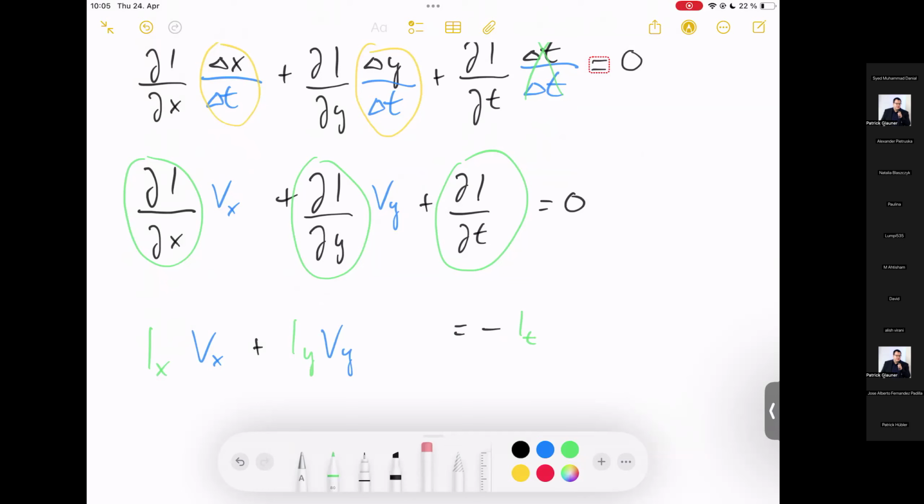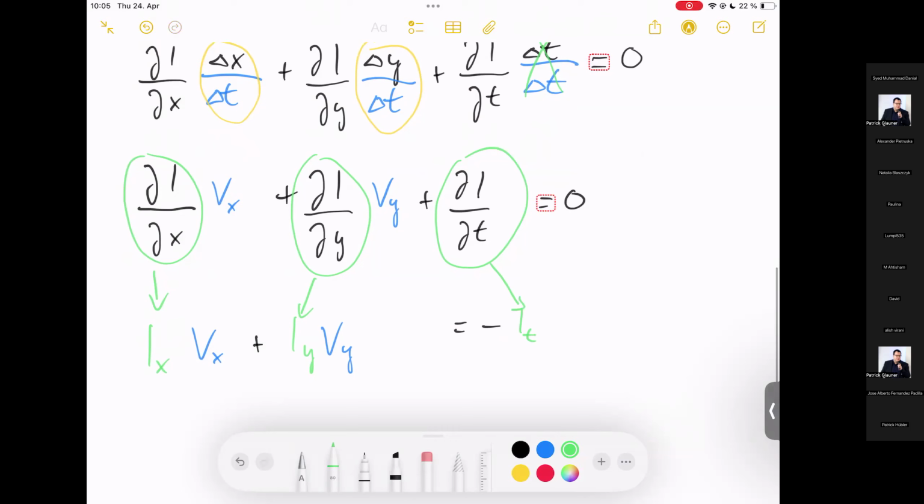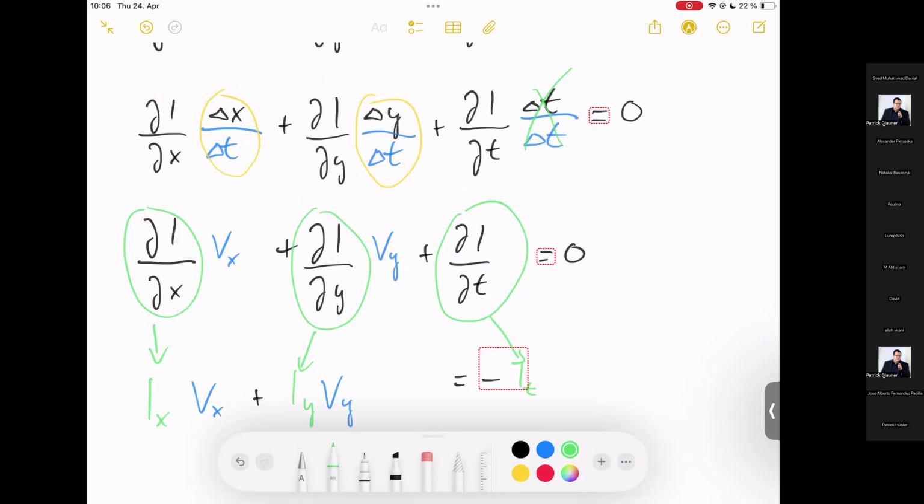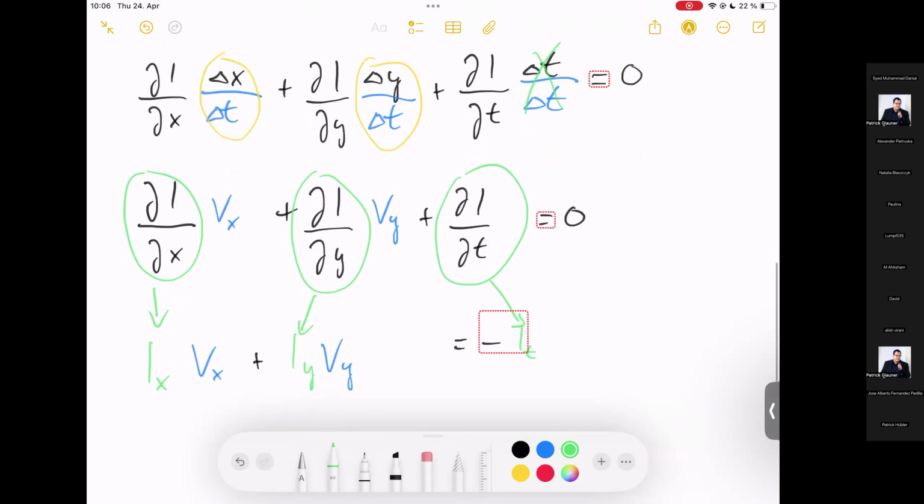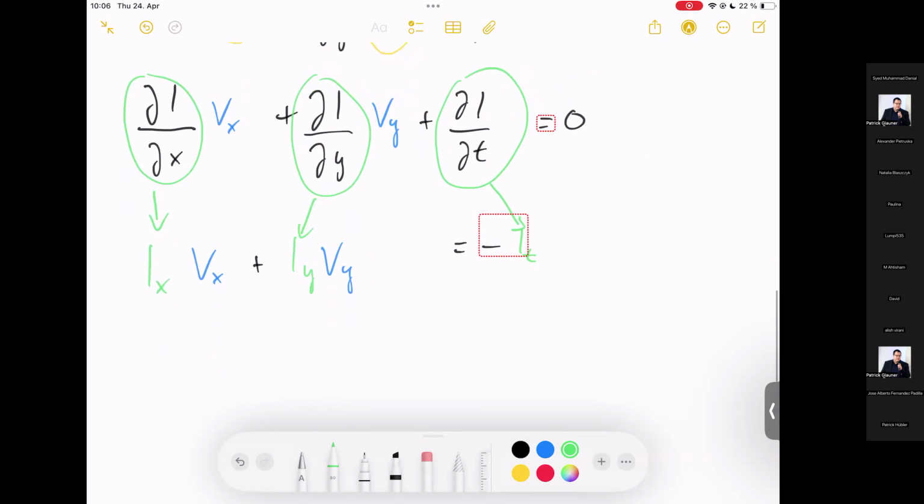Because we have just divided by the minus It. I'm just putting some reference here so that we know where these terms come from. Using these i's and v's, it just looks a little bit simpler because we don't need to write out explicitly always these fractions for the delta x divided by delta t or these partial derivatives. And now we can rewrite,